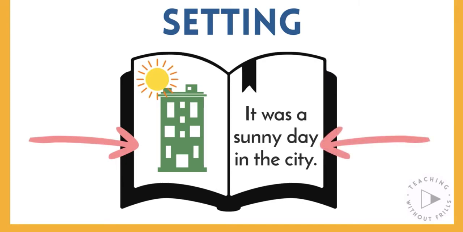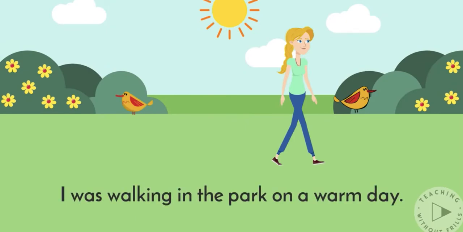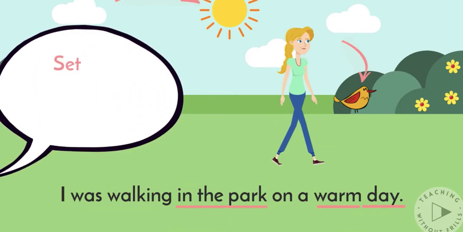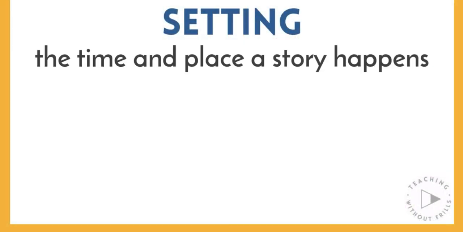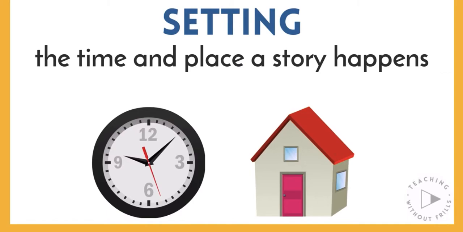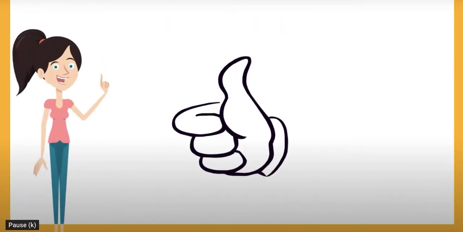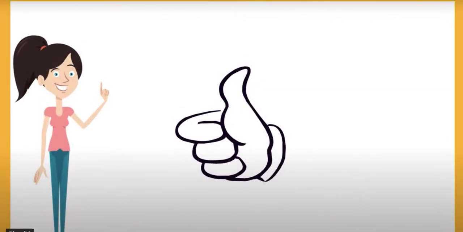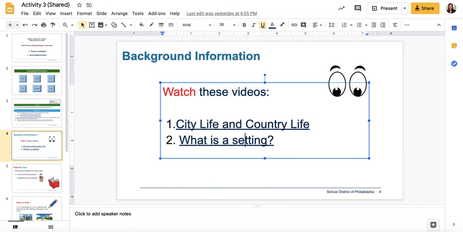Let's try it. I was walking in the park on a warm day. How would you describe this setting? The text tells you I'm in a park, it's warm, and it's daytime. The illustration shows flowers and birds and the sun. I think it might be spring. So we could describe the setting as a warm spring day in the park. So remember, setting is the time and place a story happens. What settings have you seen in stories before? If you liked this video, make sure you click the